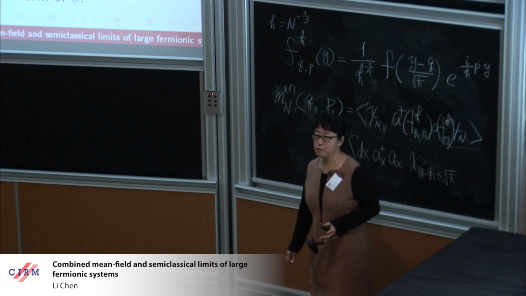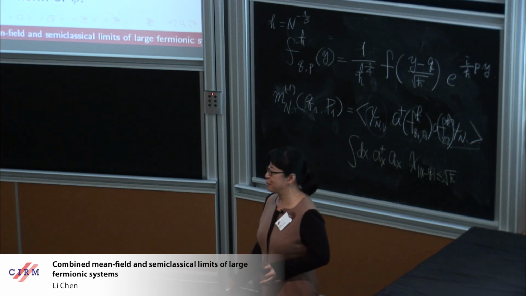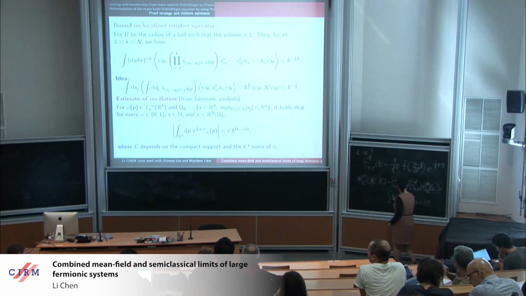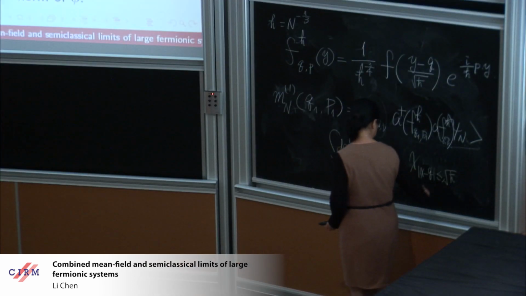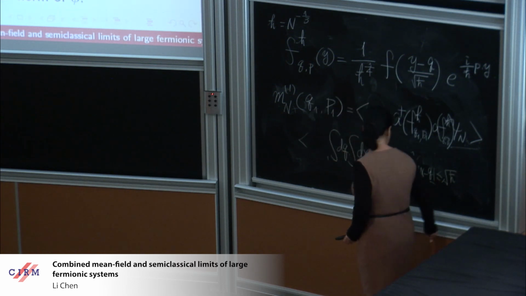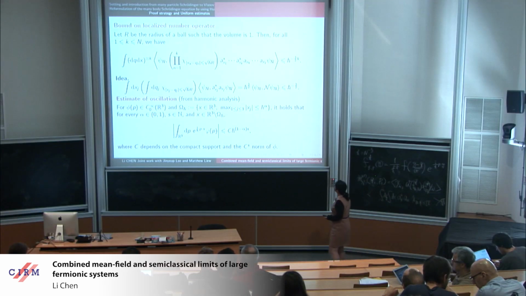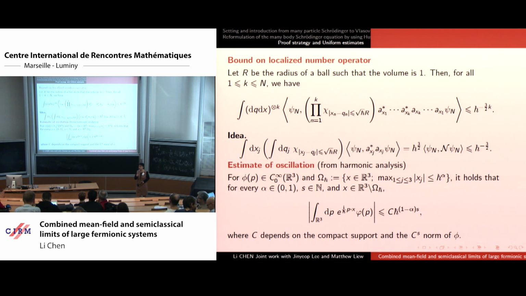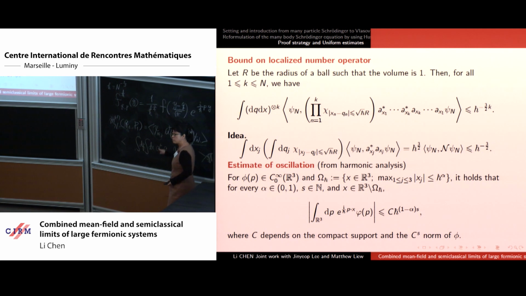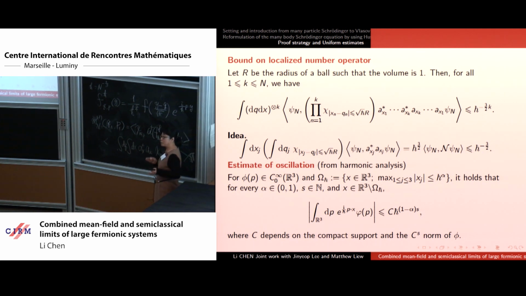It's like the cutoff mentioned by Benjamin in the so-called fermionic, whatever. And if you integrate it out by q, then after the expectation, you will get less than square root of N. I just write this less than square root of N. That's exactly, we wrote it as h. If you think about k equals 1, then it is the square root of N. The one-particle cutoff number operator is bounded by square root of N. It's quite natural, because in a number operator, you don't have the frequency variable. You have only the space variable. If you cut only the space, it counts only the square root of the number of the